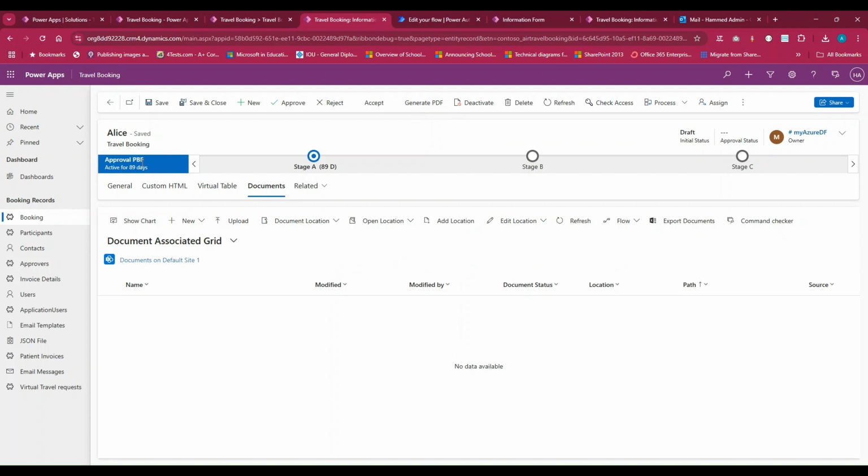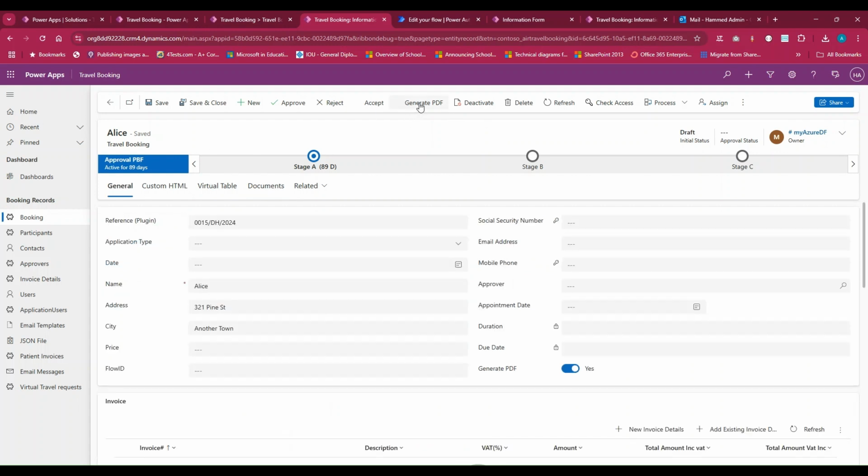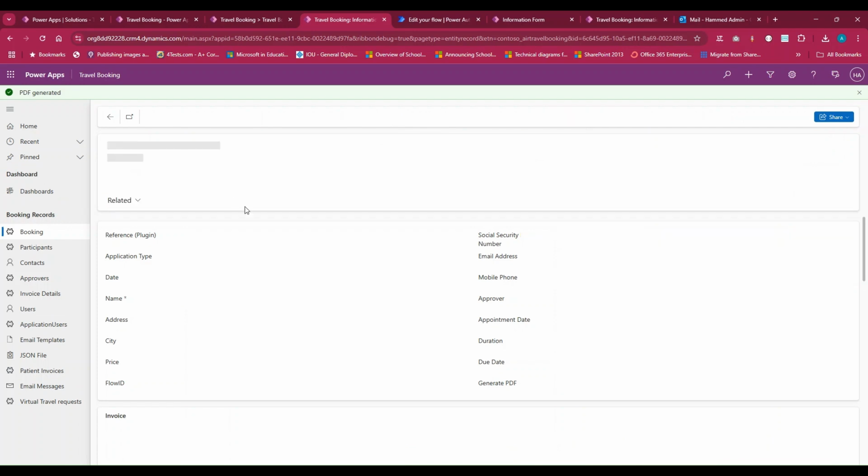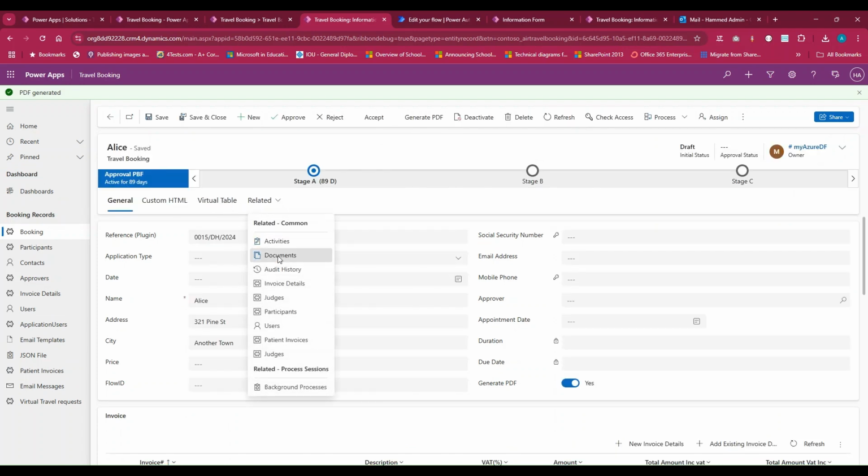So what I'm going to do is, first I need to make this okay. Sometimes once the PDF is generated, you might want to set it back to no. You can just use the flow to update this part to no once you're done with that, so that next time if you want to generate additional documents, you can always do that. Like that. So now once I finish that, if I go to command,